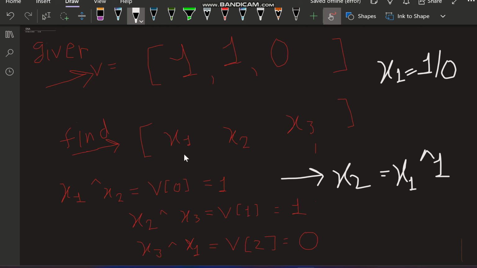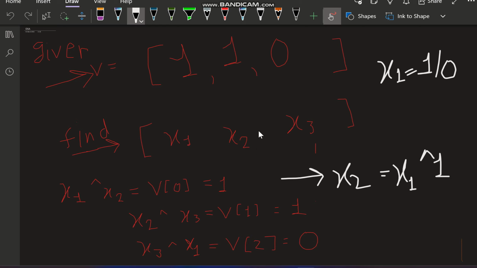So after finding these values of x1, x2 and x3, we check the XOR of the first element and last element against the last value of the given array. It is given in the question that x1 XOR x2 is equal to 1, so we can easily find x2 from here, and x2 XOR x3 is also equal to the given element, so we can easily find x3 from here.